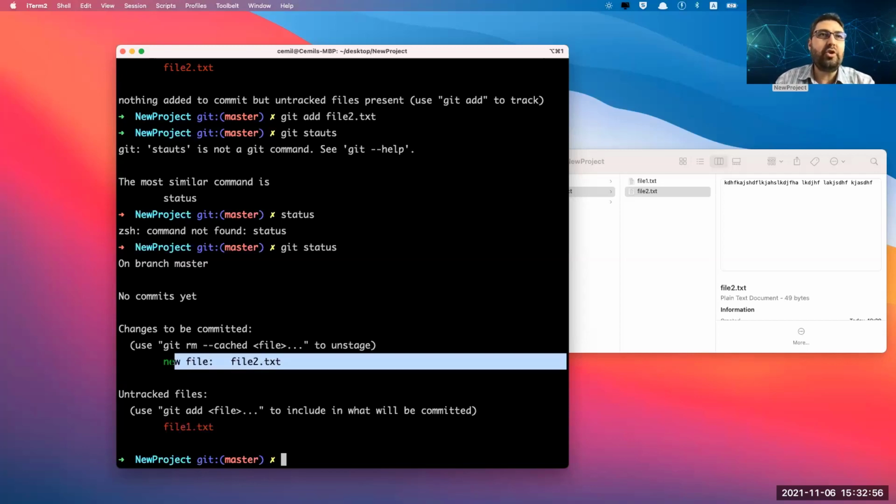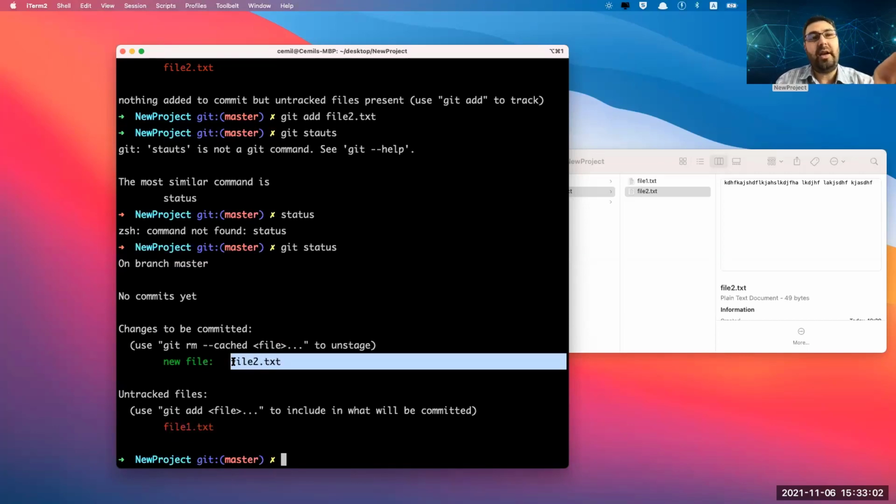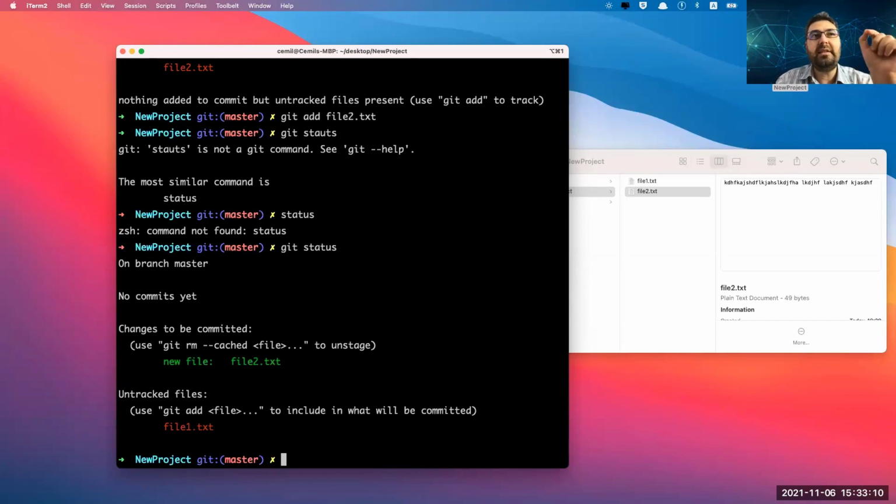So this is in my shopping cart, and this is not in my shopping cart. So that's it, it's my staging area now. Whenever I commit, it will commit this file, these changes, let's say. And it says the change: the new file. I have created this file from scratch. So that is the change.